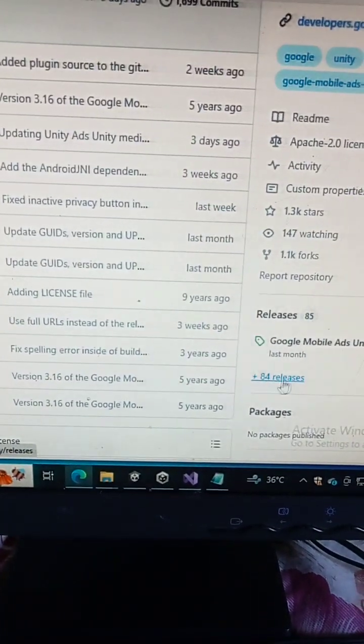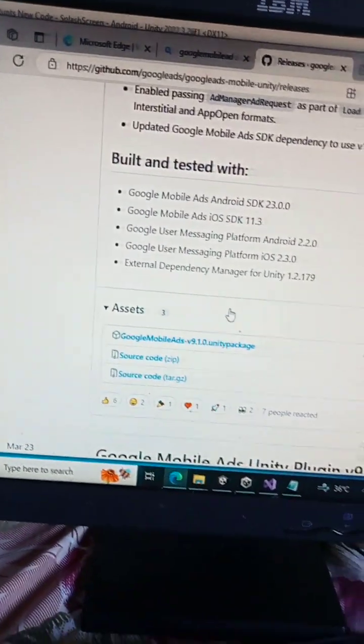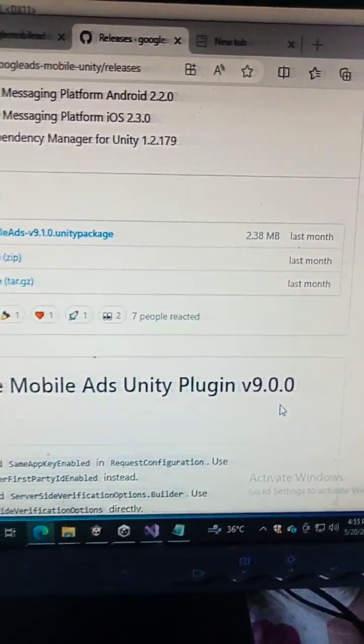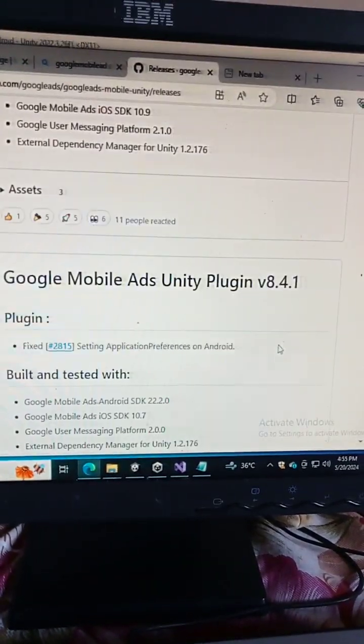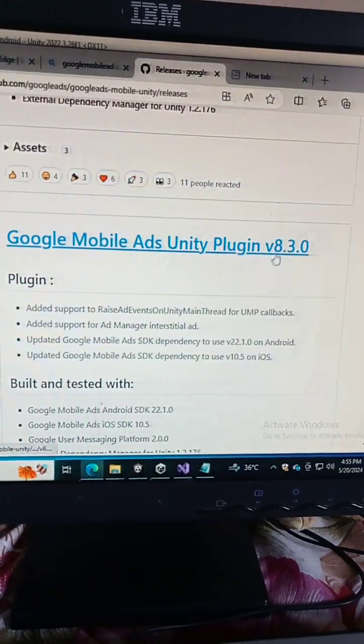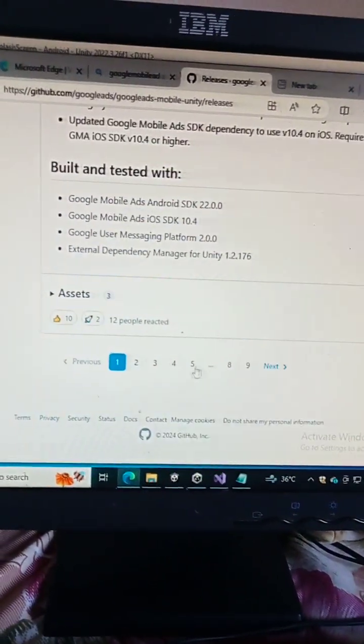Click on this and it will open. Now you can see the latest version is 9.0.0, so I don't need this. I will scroll down and you can see 8.5.1, then 8.4, 8.3. You can download any one accordingly.